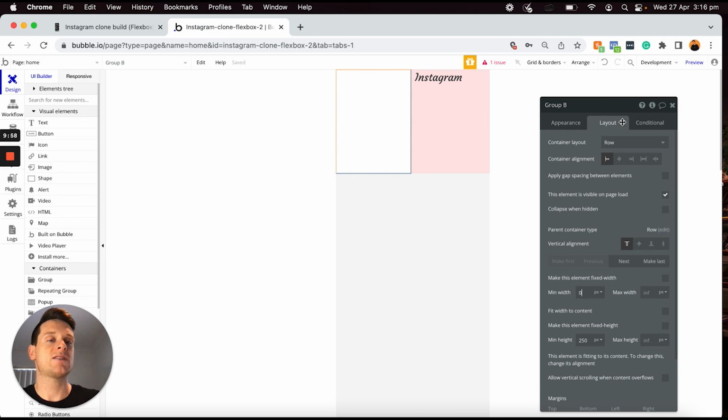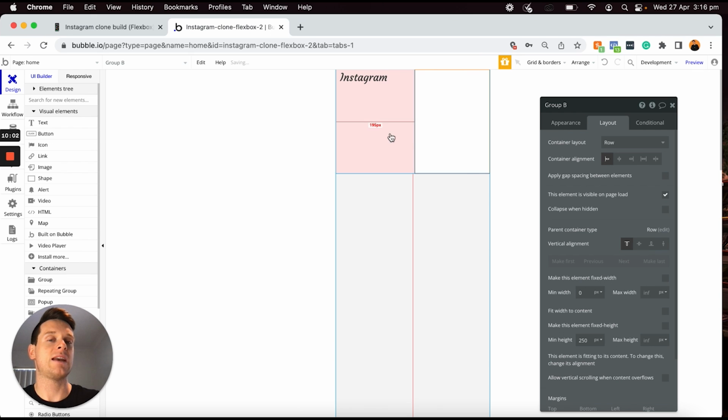So if I was to head to my layout tab here, which I'm already in, I can just move this to be the next element within my overall red group. And it's just going to push that to the side. And now within this particular group here, I'm going to add in my 3 different icon elements. And now you can start to see how these elements are going to be positioned on either side of our overall header menu. So what I'm going to do from here is I'm going to head to my visual elements,